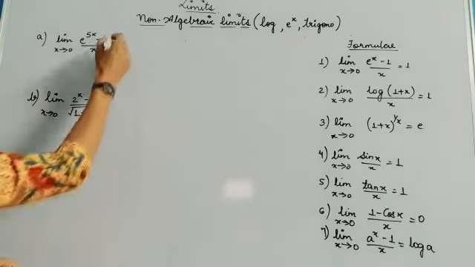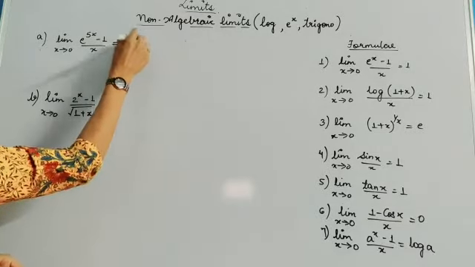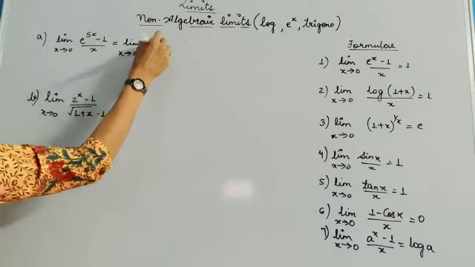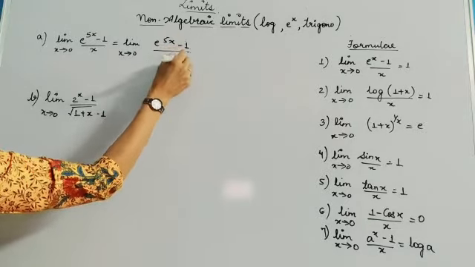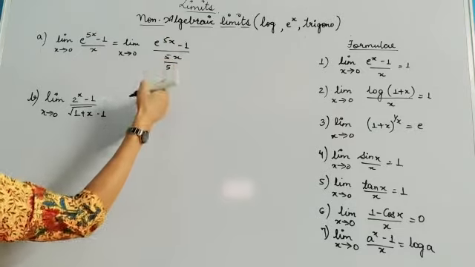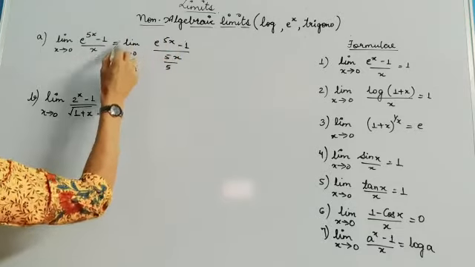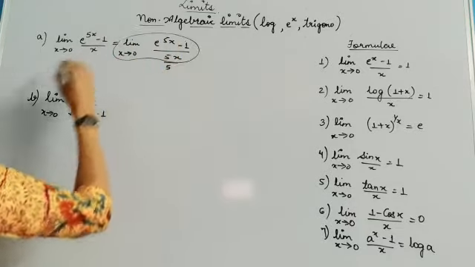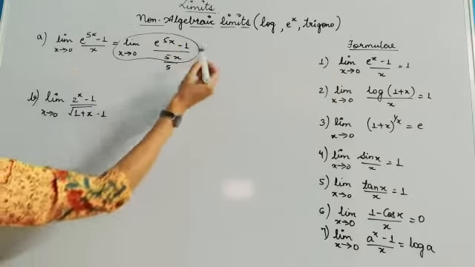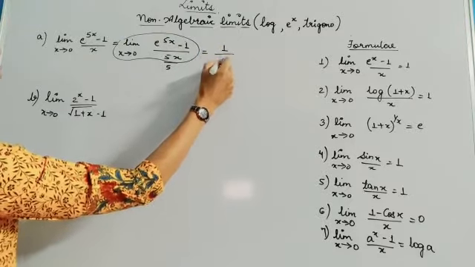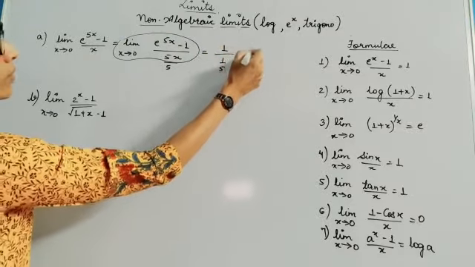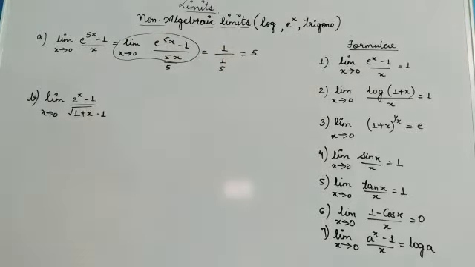So simply you can multiply and divide by 5. So you can write it like this: minus 1 over 5x, divide and multiply by 5, and then for this you can write 1 and this 5 can be taken up. So that means you will be getting it as 1 upon 5. So it will go up. So you will just get the answer as 5. Let's see the second question.